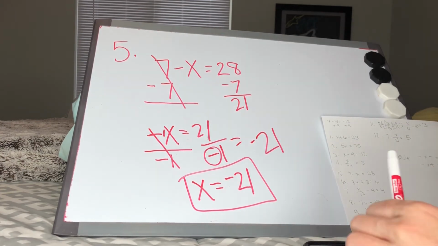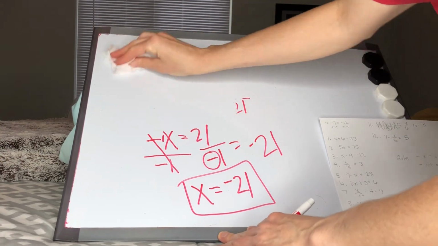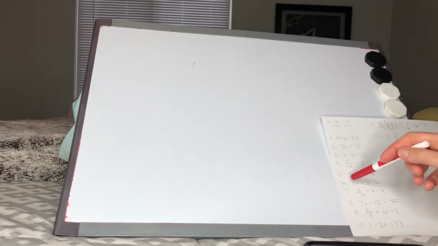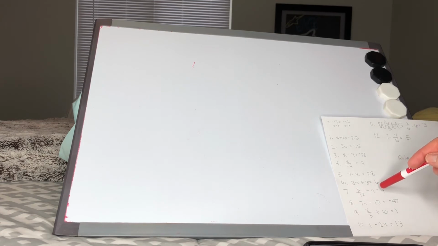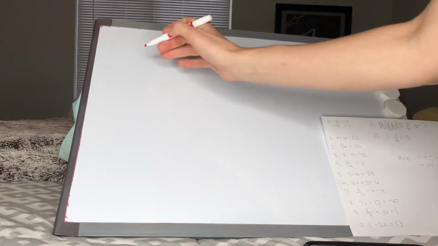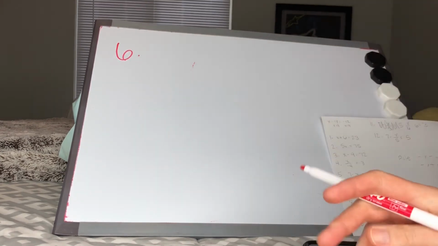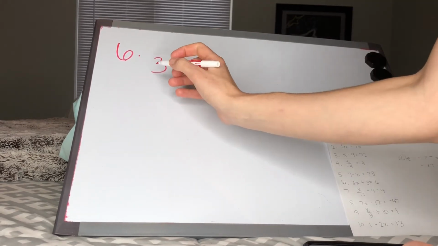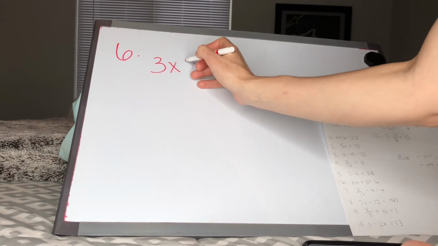Okay, this is the last. I'm going to jump in, let's see, 6 minus 3. Yes, okay. I'm going to do number 6 for you, and I think the rest, I want you to try by yourself. So 6 is 3x plus